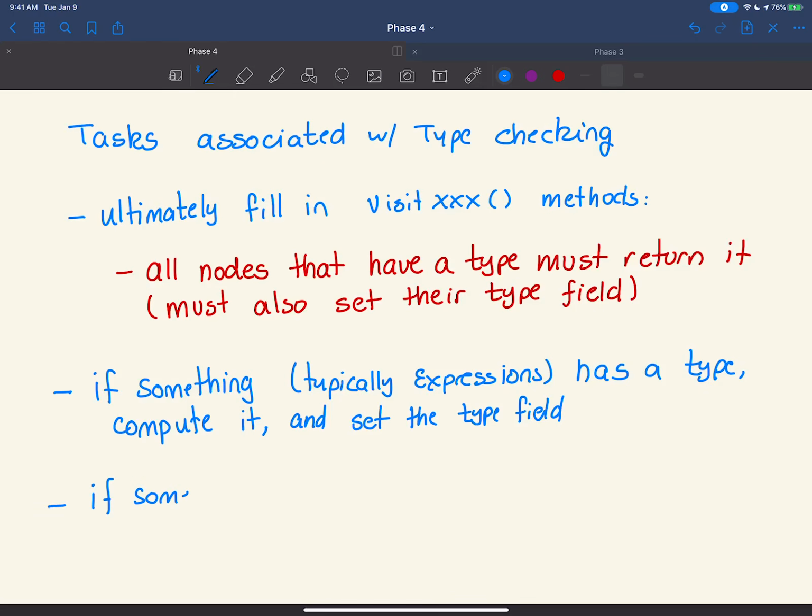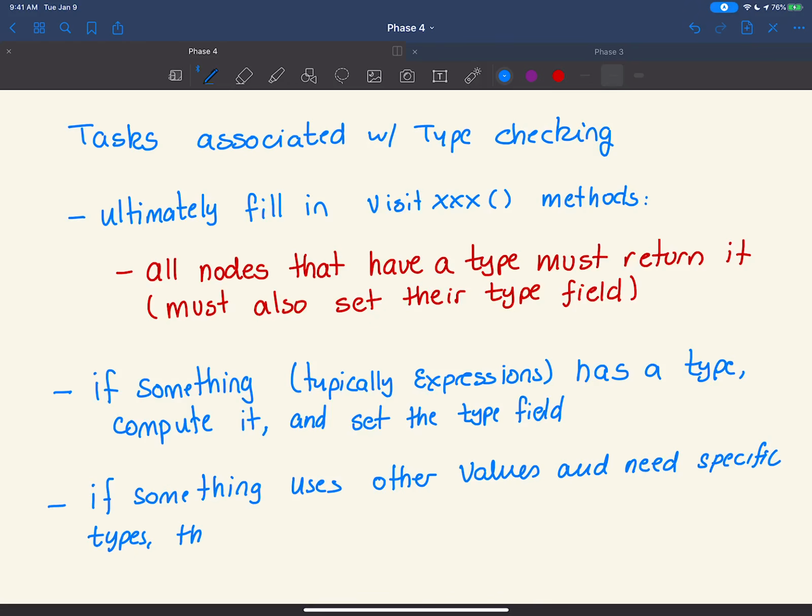If something uses other values and needs specific types, then check them. So an example of that, of course, is